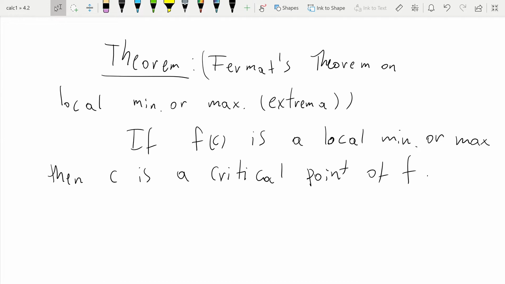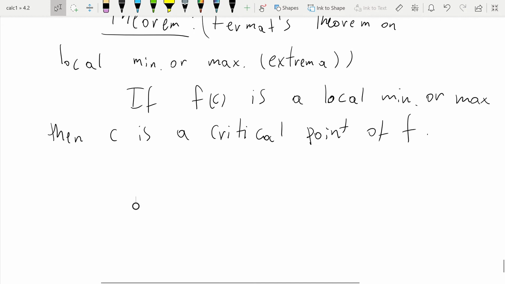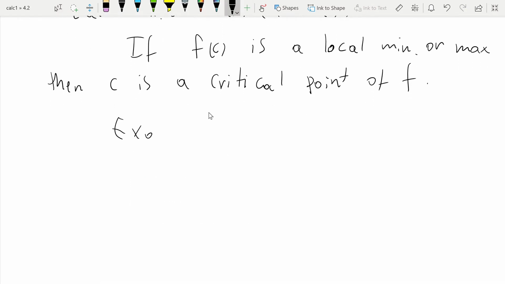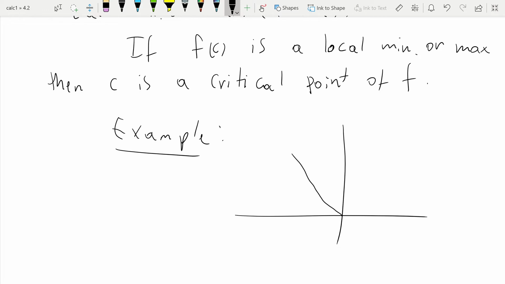It's just we didn't summarize it or put it into a theorem. But whenever you have a local min or max, so something that's in the interior of the domain of the function f, and it's a local min or max, then it has to be a critical point. So that means either a point where the derivative is 0, or as in this example that we've used a number of times, the function absolute value of x